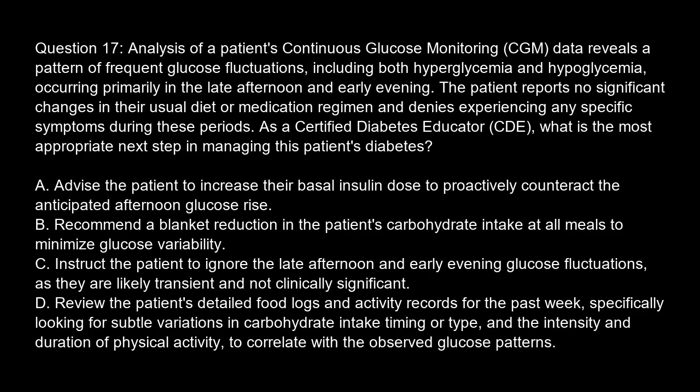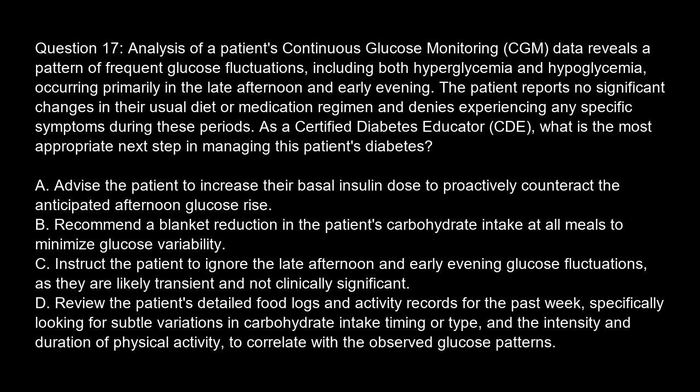Question 17. Analysis of a patient's continuous glucose monitoring, CGM, data reveals a pattern of frequent glucose fluctuations, including both hyperglycemia and hypoglycemia, occurring primarily in the late afternoon and early evening. The patient reports no significant changes in their usual diet or medication regimen, and denies experiencing any specific symptoms during these periods. As a certified diabetes educator, CDE, what is the most appropriate next step in managing this